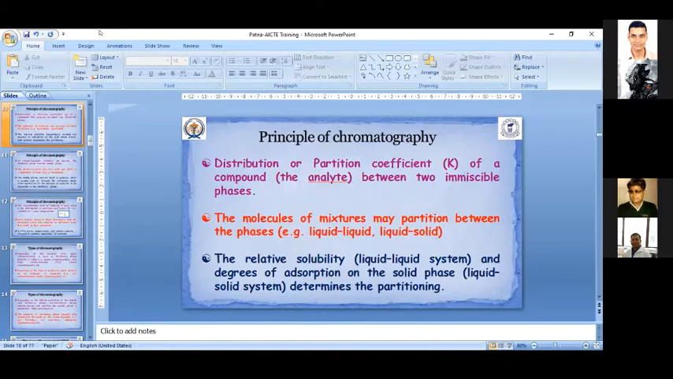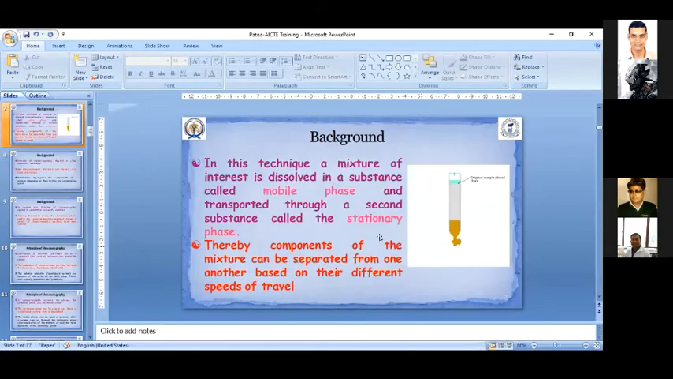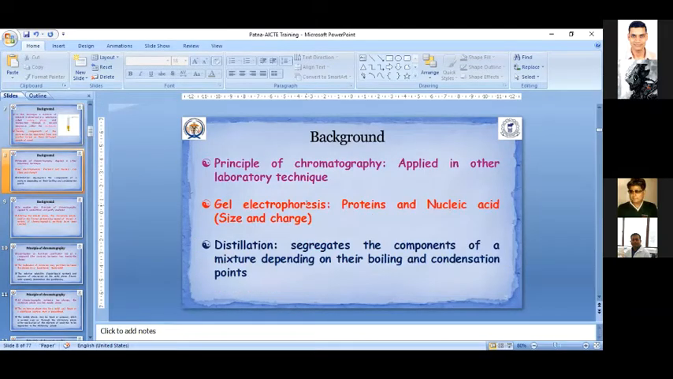So the principle of chromatography: in this technique, a mixture of interest is dissolved in a substance called the mobile phase and transported through a second substance called the stationary phase, and thereby components of the mixture can be separated from one another based on their different speeds of travel. Actually, the principle of chromatography